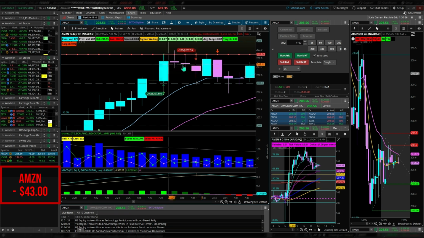It took me a few minutes to even figure out what happened. So all I see are these indecision candles. I'm in this trade. I see these indecision candles and I see this is going red. And I'm like, I'm out of this. What the hell? So it was $43.